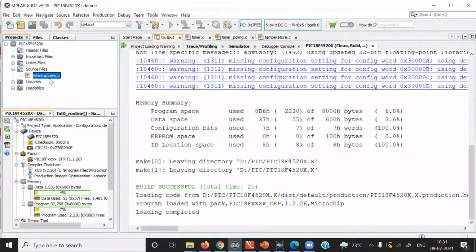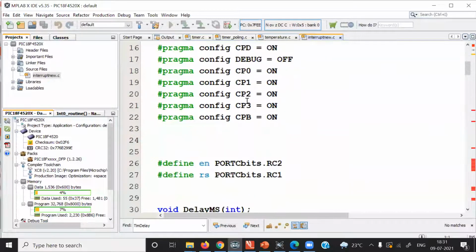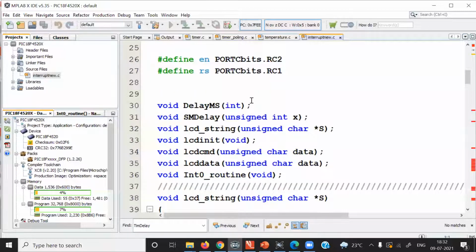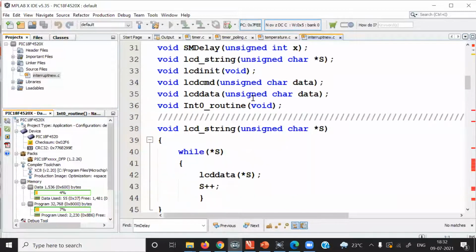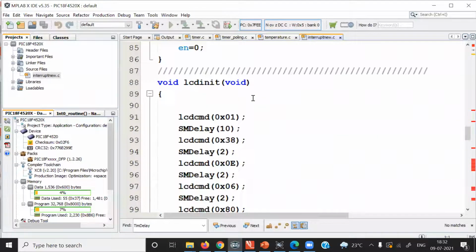I have included this C code which is written for interrupts. The first part of the program is exactly similar to our previous programs. I am scrolling down. I am using an LCD display to give an indication whether the interrupt has occurred or not. The LCD display is used in 8-bit mode, and that part of the LCD display code is exactly the same.